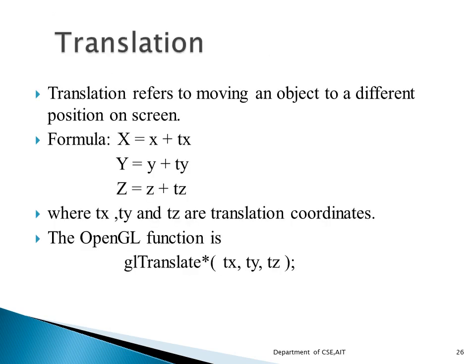A 4x4 translation matrix is given by glTranslate Tx, Ty and Tz, where Tx is the translation in the x direction, Ty is the translation in the y direction and Tz is the translation in the z direction. For 2 dimensional applications, Tz will be equal to 0. Tx, Ty and Tz can be given as real numbers, and then we get the translation matrix. This translation matrix will be used for transforming the positions of the objects with the values that have been specified.